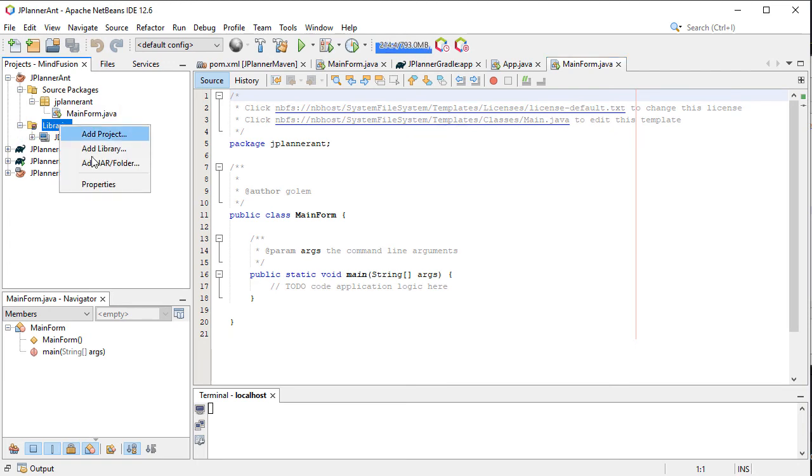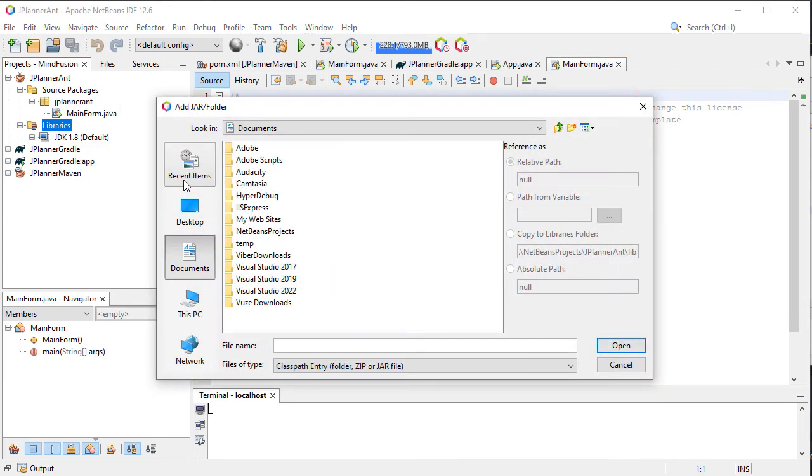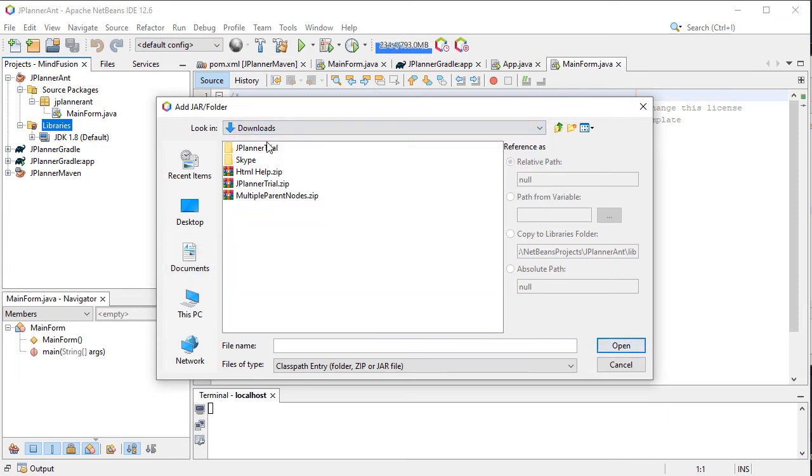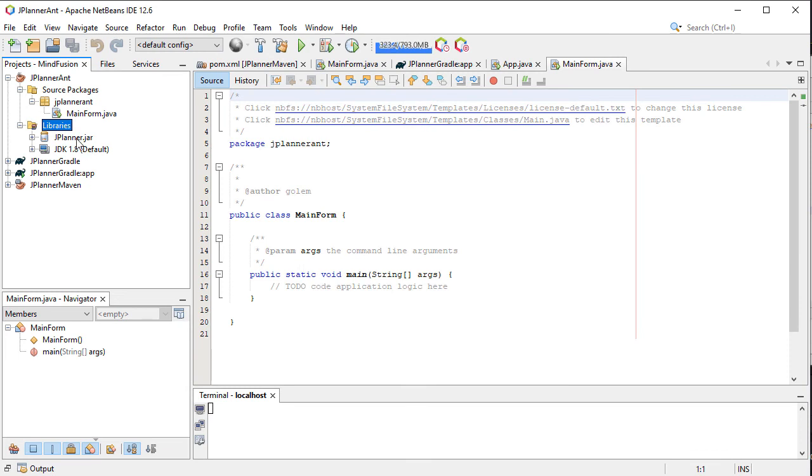We right-click on the Libraries node and choose Add jar/folder. In the dialog, we navigate to the folder with the JPlanner and select the jar. Now we should be able to access these scheduling packages.